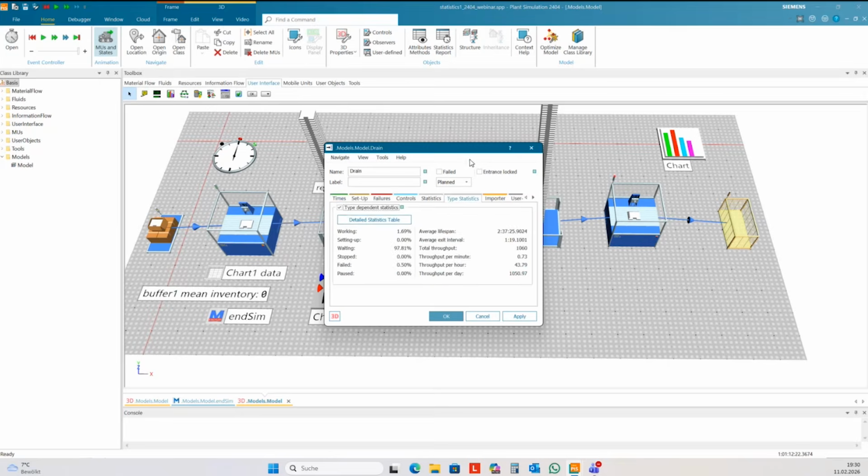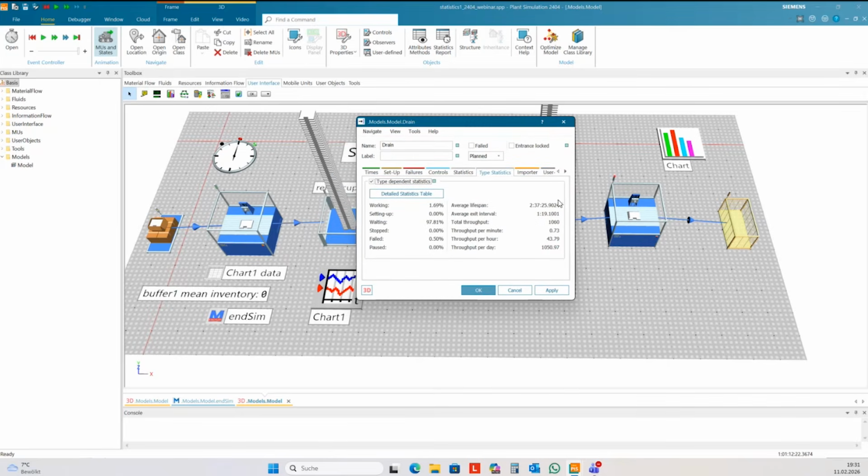In the type statistics, you'll find throughput per hour, throughput per day, total throughput. So the sources and the trains are the most important collectors for statistics for the complete frame.